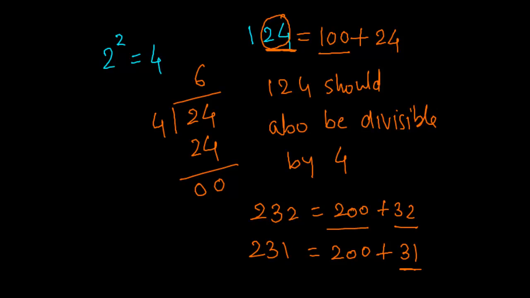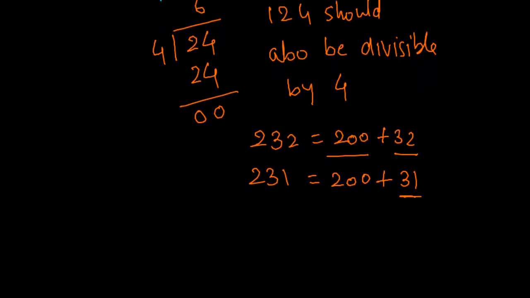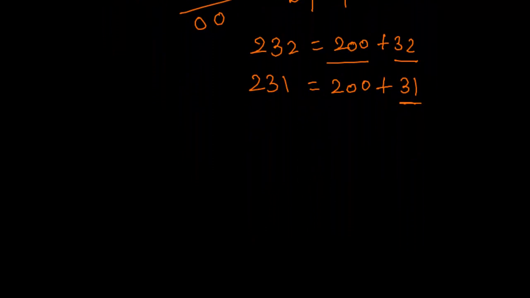Now let us move a step forward. What is the next power of 2? 2 cube, that is 8. Again, suppose a given number is 9653. Again, we will be in doubt how to know. First is simply divide it by 8 and see. Other thing is, see the last 3 digits.